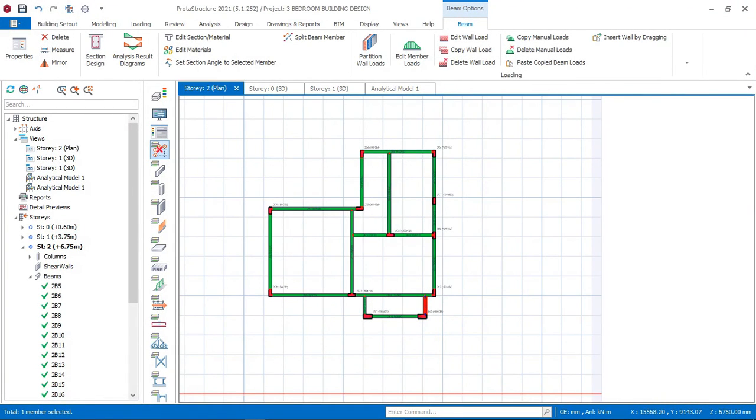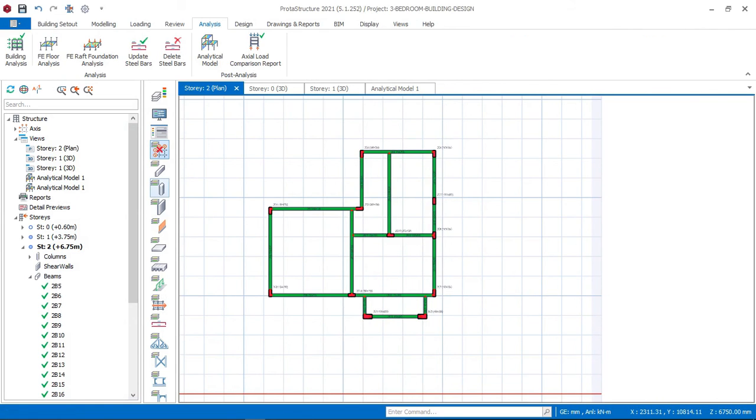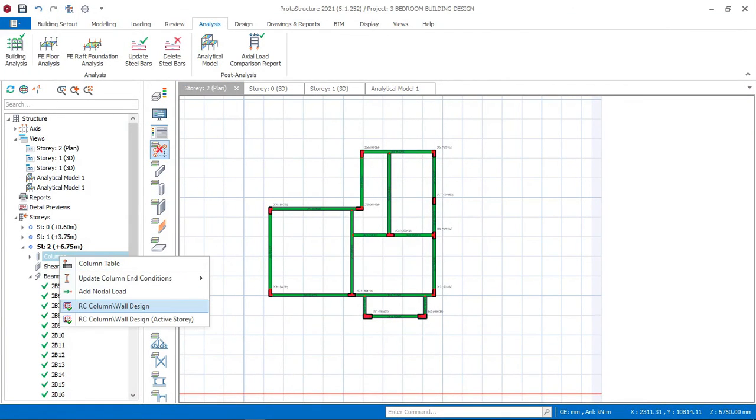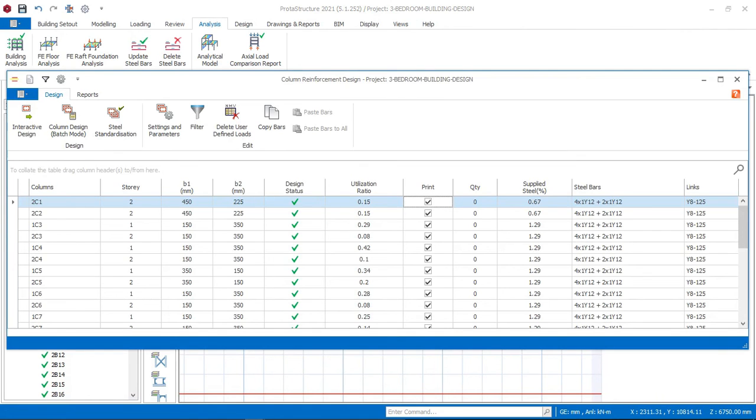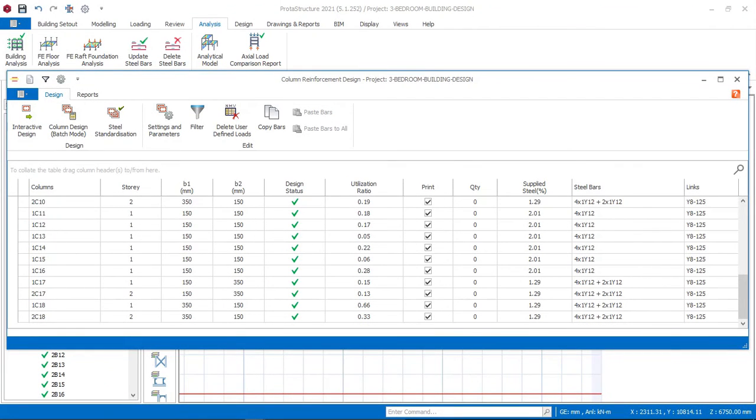Now for the columns right now, we will now go and check for the columns. For the column area right now, I'll just go here, right click here and say column, this place here. Choose this first one here. So I'll choose that one right now to see my column steel bars. Okay, for the column right now, you can see that the column uses diameter 12, which is okay,